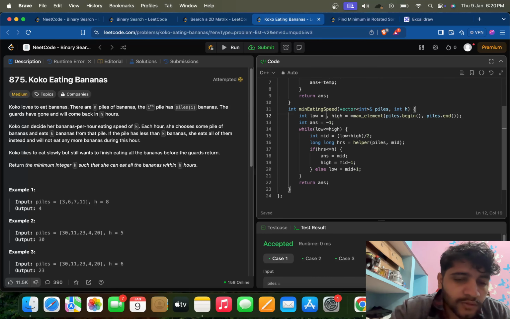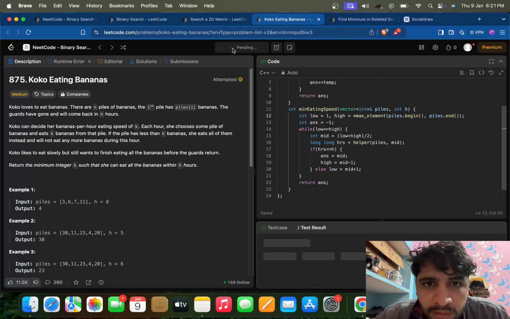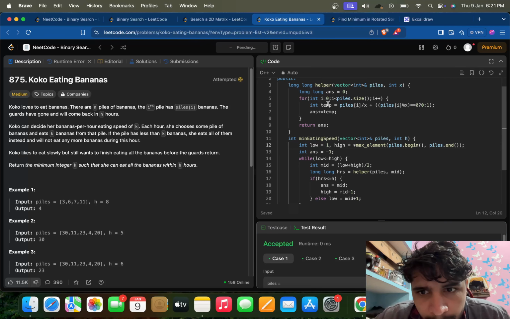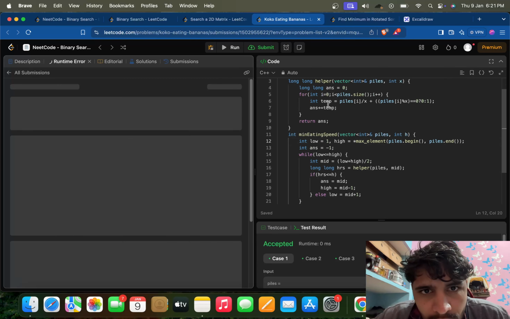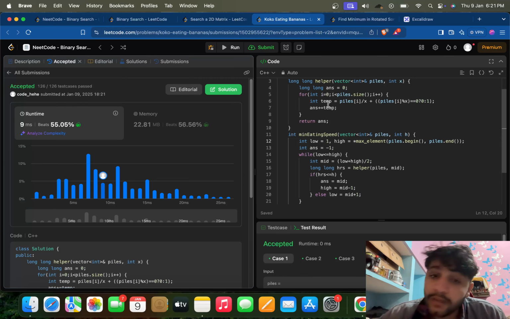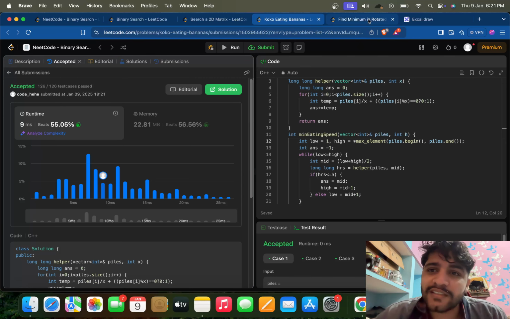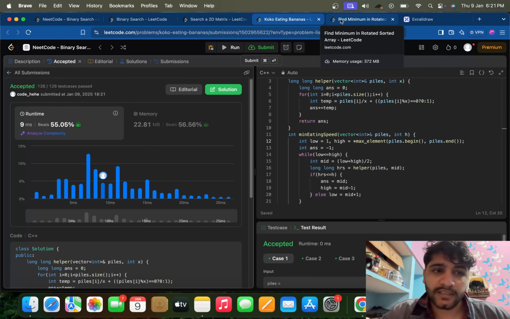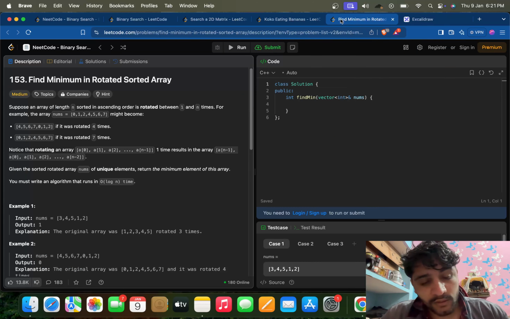So if we take it as 1, then run. Okay, it had a minimum speed of 1 at least when we were taking 0, so that's where the thing